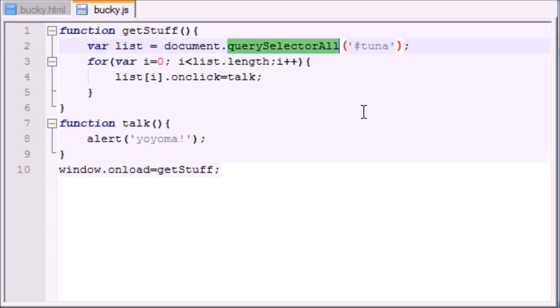So now that you understand that, we're ready to move on to some more advanced stuff, looking at how all this